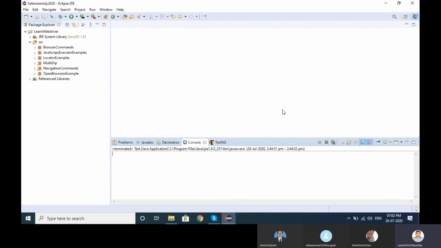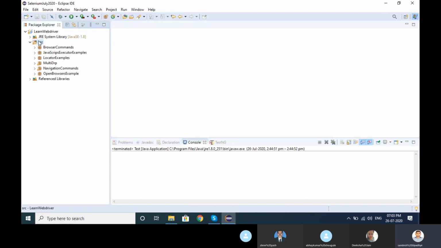If some locator is not working, we can add JavaScript executor for sending any string, clicking on the button, or scrolling horizontally or vertically, right? So today we are going to start a fresh topic, some Java basic part. Whatever we require to learn for Selenium, we can see that part.